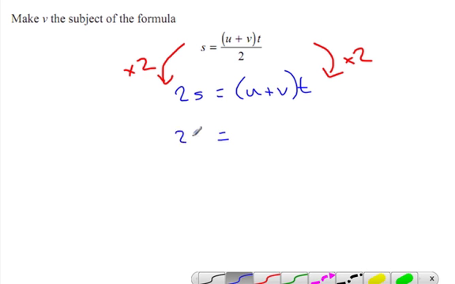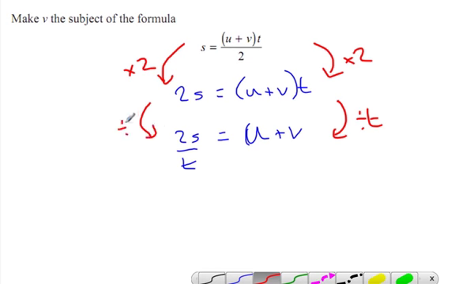Next up, we have to get rid of our t. Let's divide both sides by t. Whoop, don't really need that bracket. So u plus v. So when we divide both sides by t, that cancels the t from the right-hand side and divides it on the left-hand side. Okay, nice. And then, one stage left,